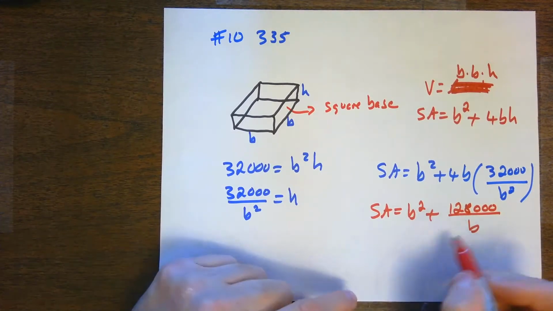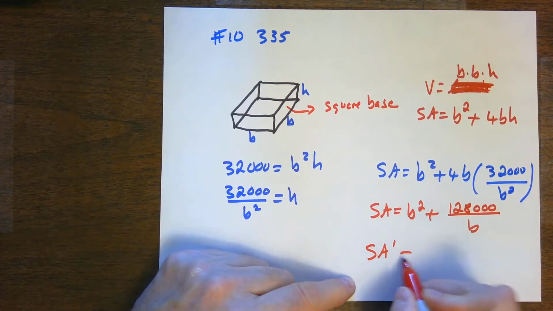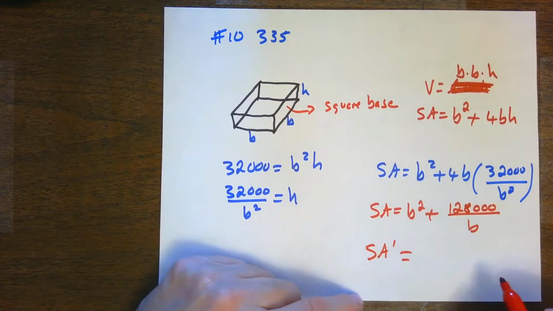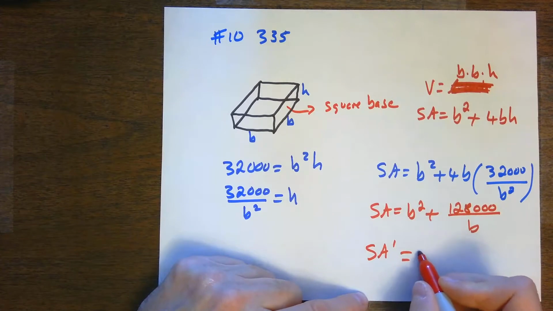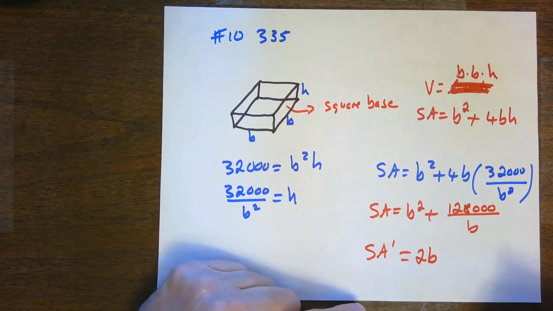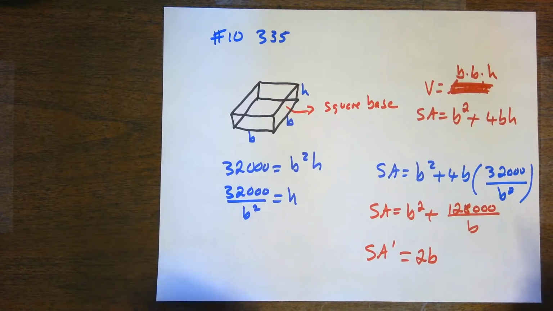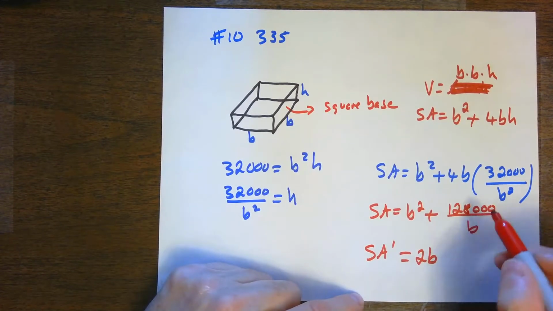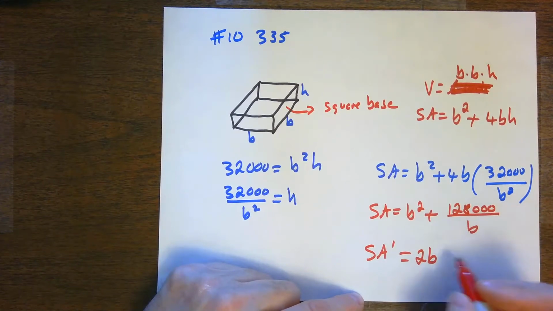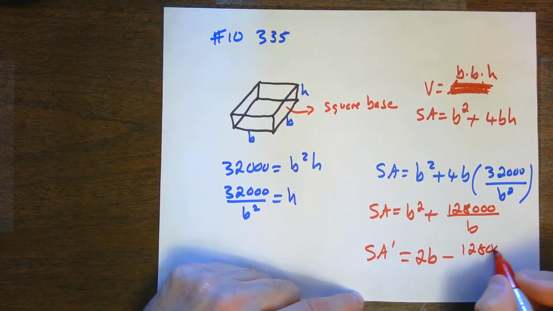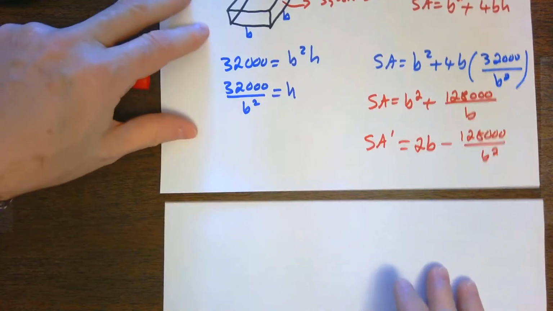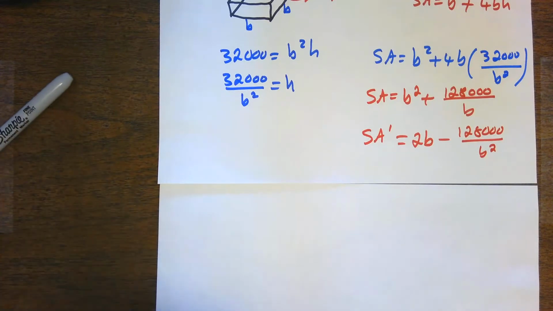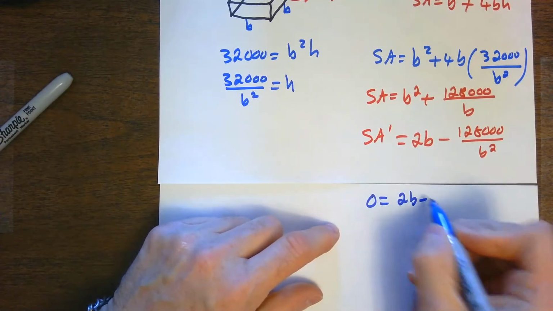Now I need to take the derivative of this. Surface area is a function of just the length of the base here. And I get, the derivative of b squared is 2b. And then this is the same thing as 128,000 times b to the negative 1, so the derivative would be negative 128,000 over b squared. Now let's set that equal to 0 and solve. 0 equals 2b minus